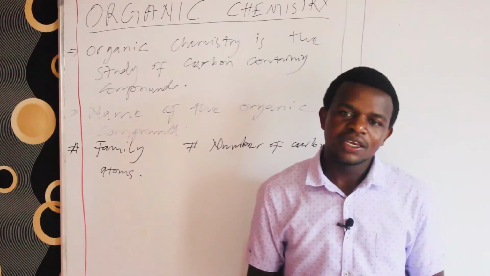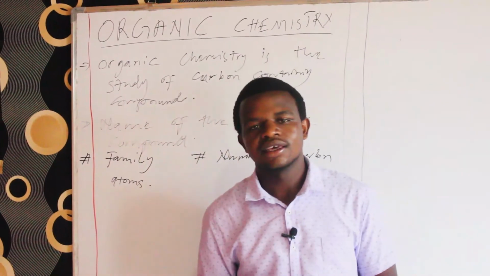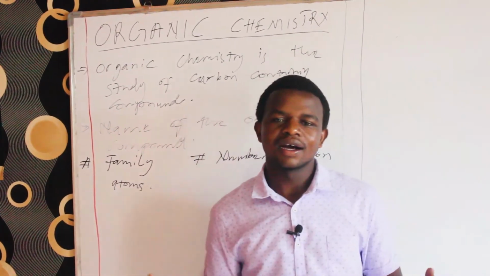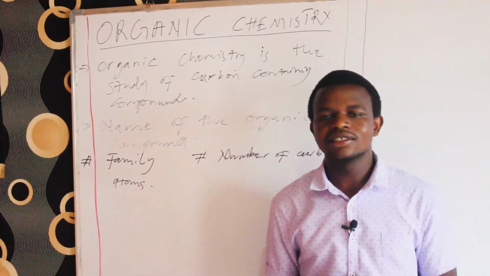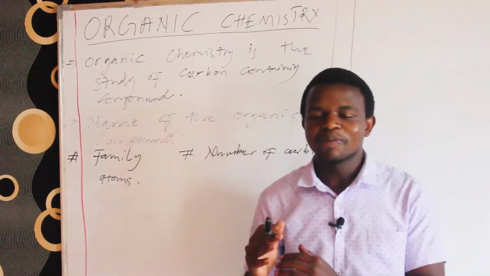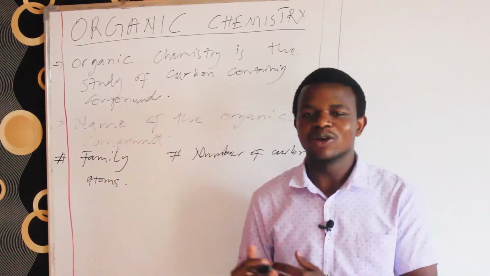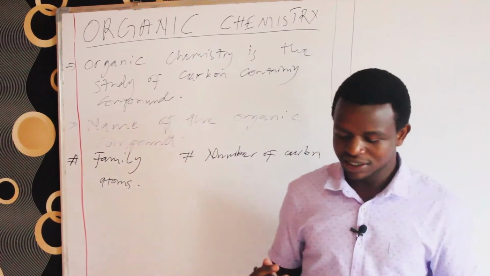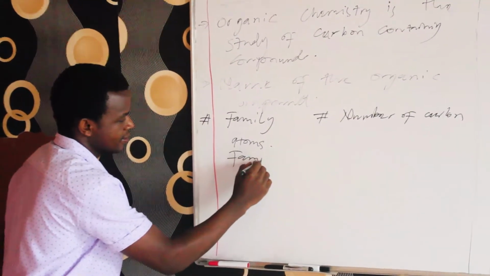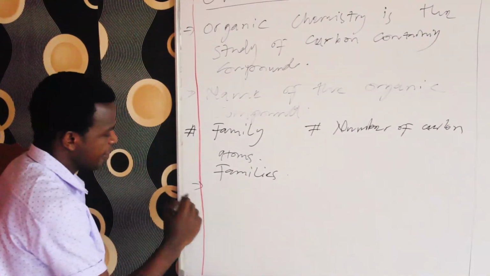So for example, if you hear names like methane, ethane, ethene, propene, ethanol, propanol, ethanoic acid, propanoic acid, you must know the number of carbon atoms that are in these compounds or the families to which they belong. So there are different types of families. Let us look at the families. The first family that we have